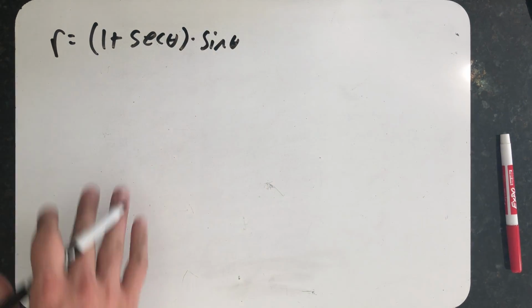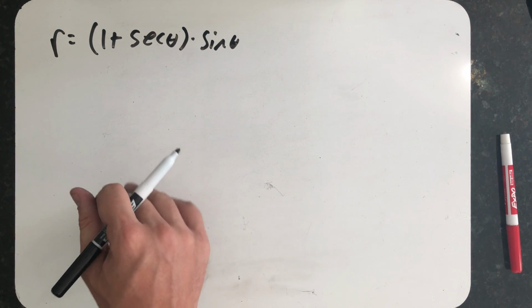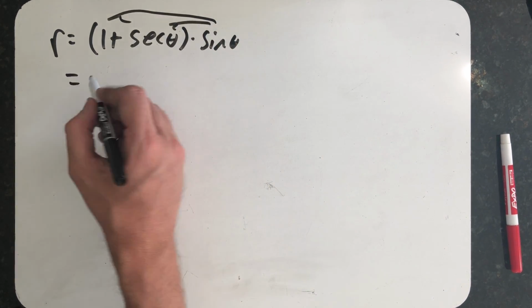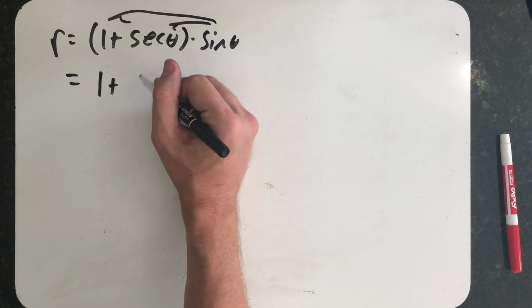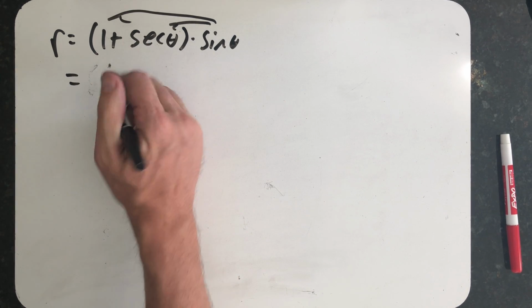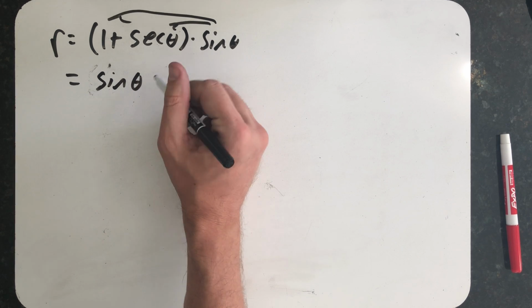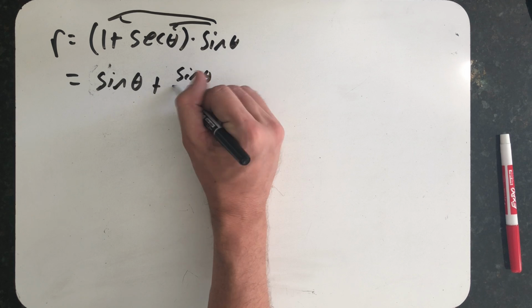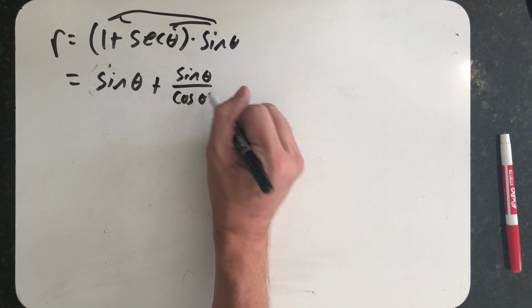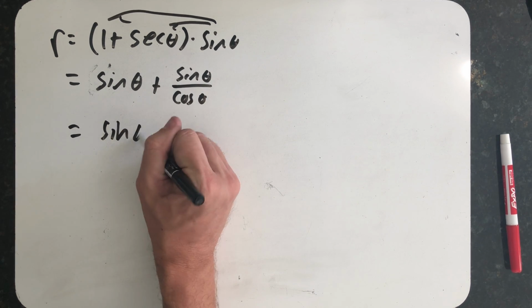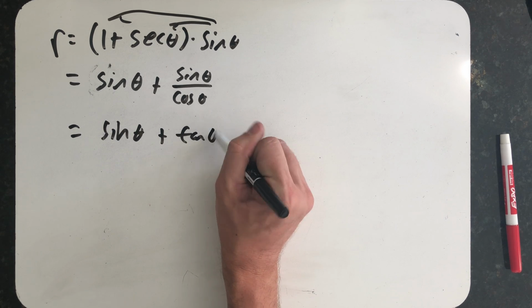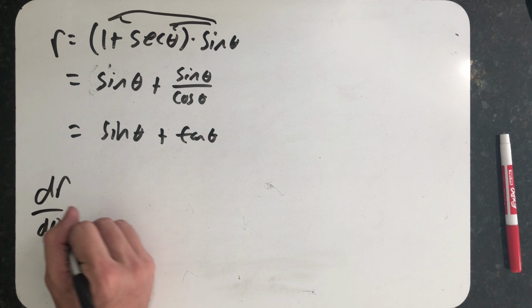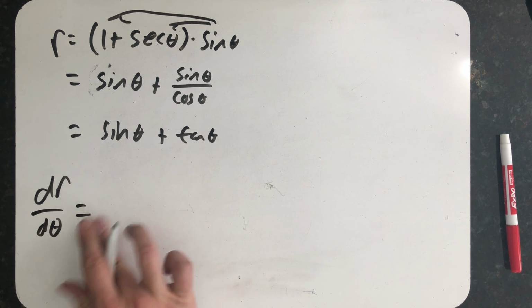Instead of doing the derivative of exactly what's on the paper here, I'm going to do some algebra first. I'm going to distribute. So 1 times sine θ is sine θ, plus sine θ times secant. But secant's 1 over cosine, so that's sine over cosine. So let's see, that's sine θ plus tangent θ. So let's see here. dr/dθ should be cosine θ